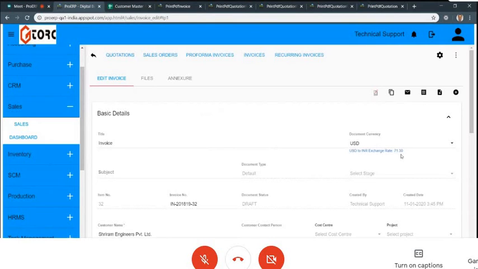But hang on, this is a problem because this is not at the master level. This is at the invoice level. So say for example there is an error in putting the exchange rate because it's manual. I've seen this many times, a decimal error or something like that, and the whole thing goes completely wrong.